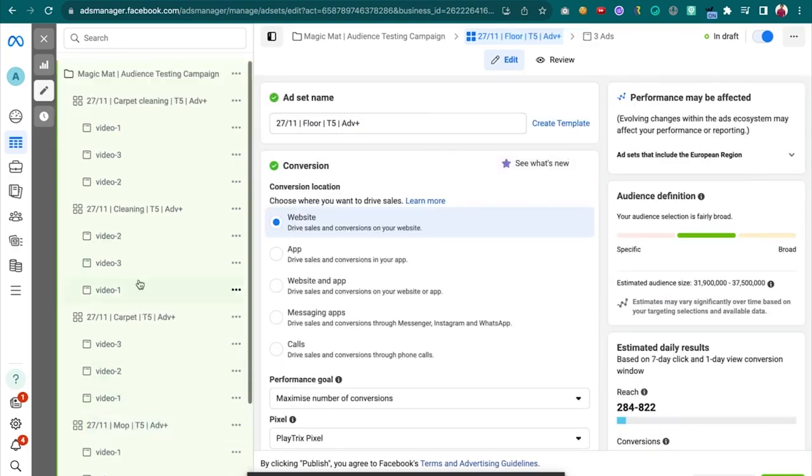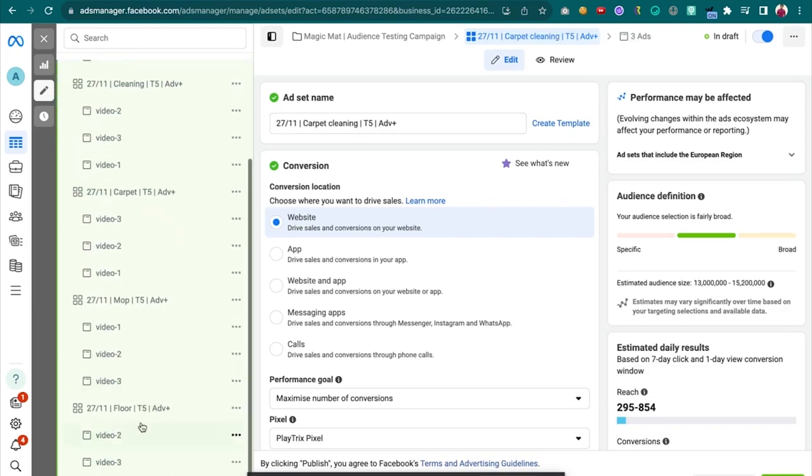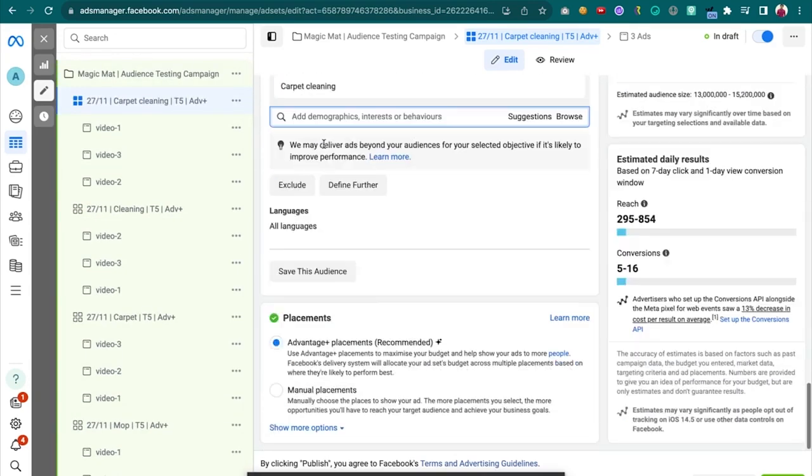And so yeah, now we have one campaign, which is audience testing campaign, and ABO setup because we have set up budget at the ad set level. And then you can see we have 1, 2, 3, 4, 5 ad sets, and we have done the targeting properly. And inside of each ad set, we have 1, 2, 3 video ads. You can even go with image ads if you want to,